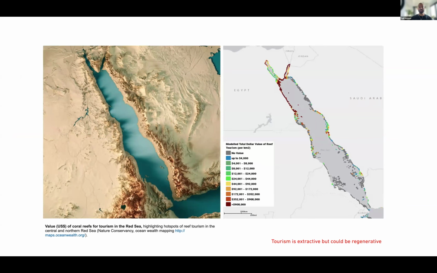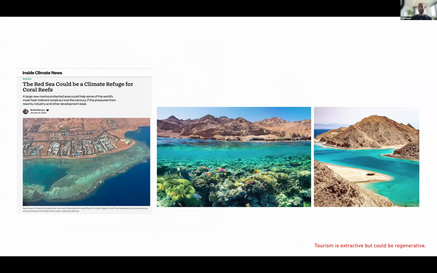Here you see the value in US dollars of coral reefs and tourism in the Red Sea, highlighting hotspots of reef tourism in the central and northern region near our site and in Egypt. And when considering symbiotic relationships, for example, among tourism, labor, ecosystems, and long-term resilience, researchers around the Red Sea are learning how